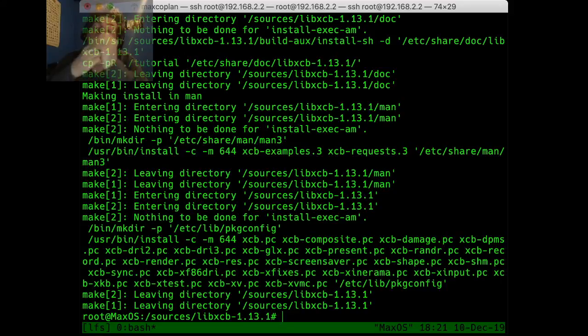Alright, so now it should be time to install the Xorg libraries. These libraries provide library routines that are used within all X window applications. Unfortunately, it's probably going to take a really long time, and I don't know if I want to do that.